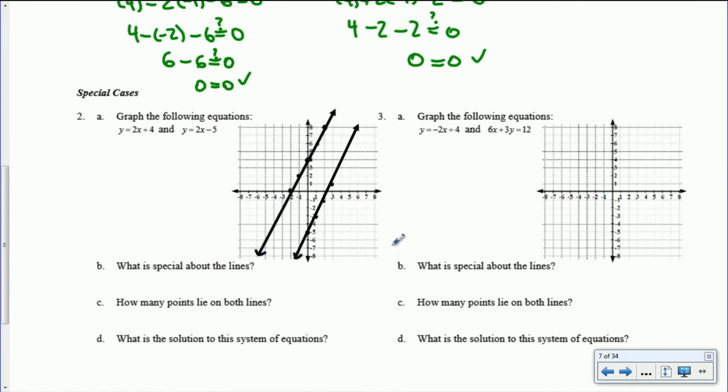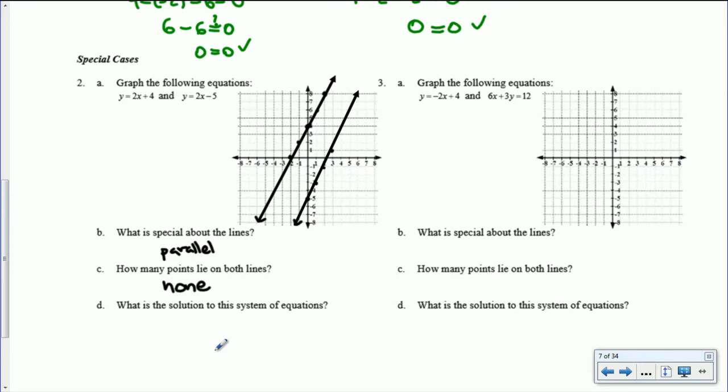Okay, so what's special about them? It looks like they're parallel. How many points lie on both lines? None, right? Parallel lines will never meet. So you could go as far in that direction as you want, and they will never touch. And you could go as far that way as you want, and they'll never touch in that direction either. So because they never touch, there's no solution,